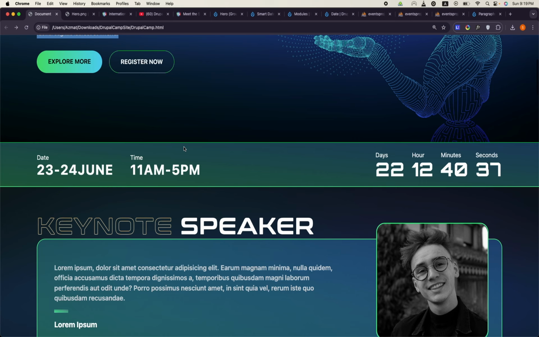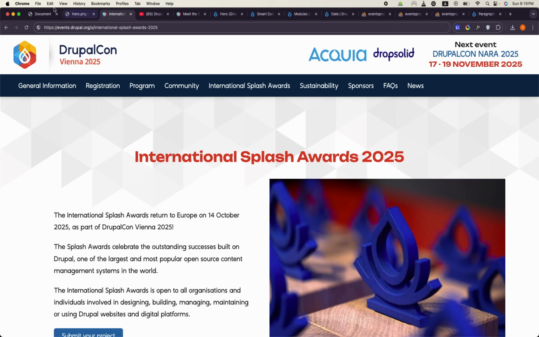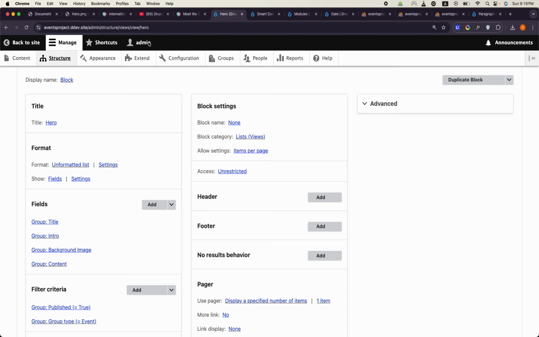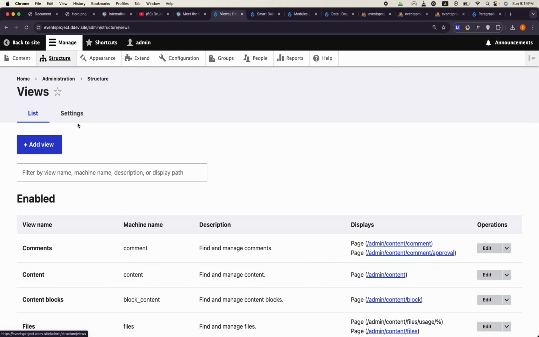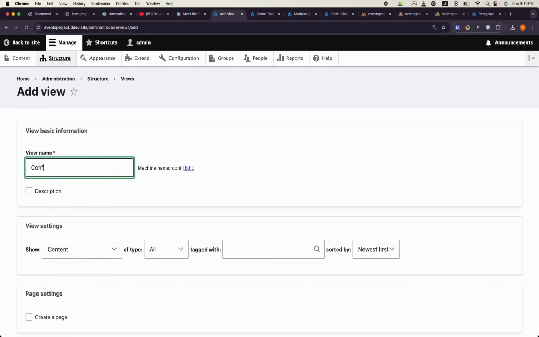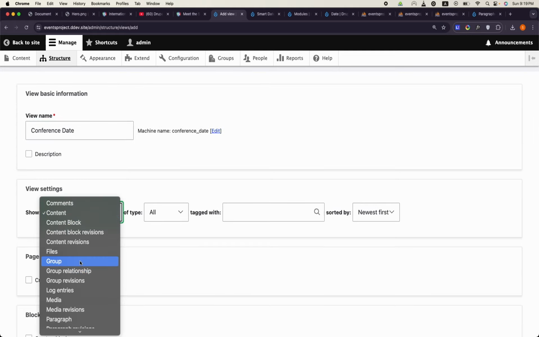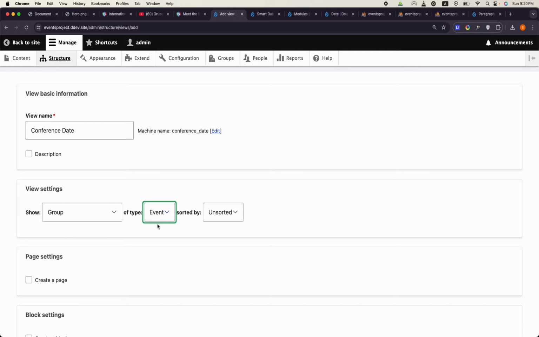Okay, now if I need just the dates of this, how can I do it? Block, sir. We will create another view, and this will be for this date only. So structure, views, add new view, conference date, and it will be group of type event. We'll create a block,